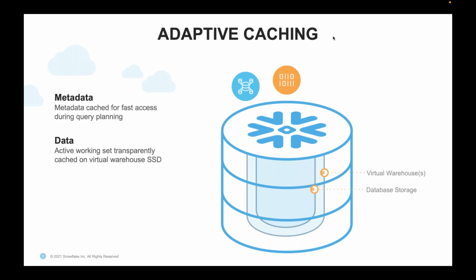It is stored in the virtual warehouse memory. Snowflake also has an SSD attached to each compute. It is not only RAM, it also attaches an SSD. So 256 GB of SSD is attached. Every time you scan the data, it will be put into that SSD. So if I submit a query while my compute is running, it will fetch the data from that SSD. As long as my compute is up and running, that data is available. As soon as my compute is down, that SSD is destroyed and returned back.